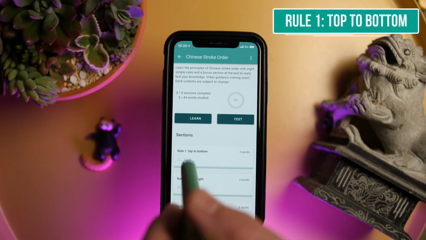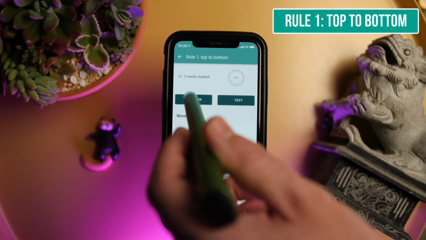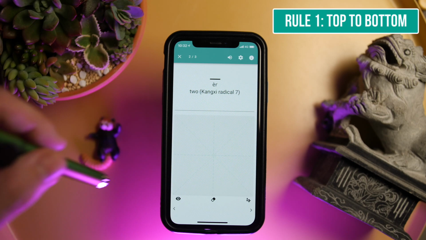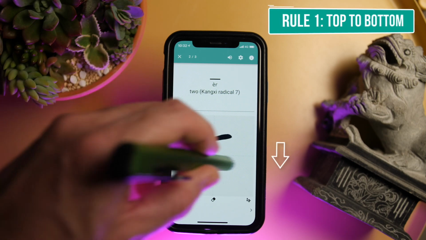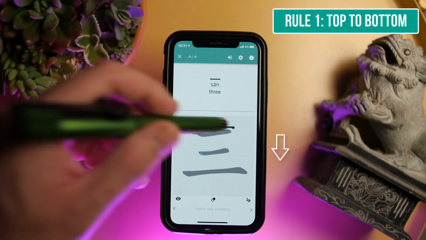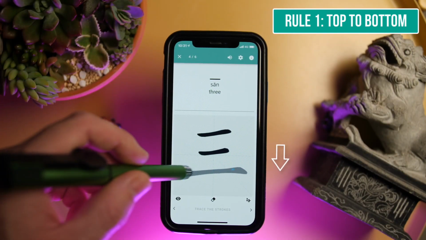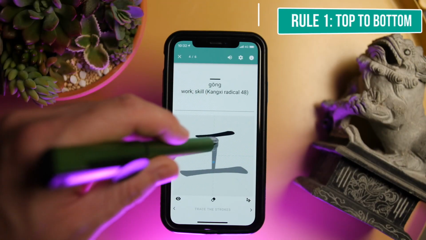Rule number 1, top to bottom. Open section 1 of the app and we have 3 characters that demonstrate this rule. 二 is written like this, and 三 like this. And the character for work is like this, from top to bottom. 工